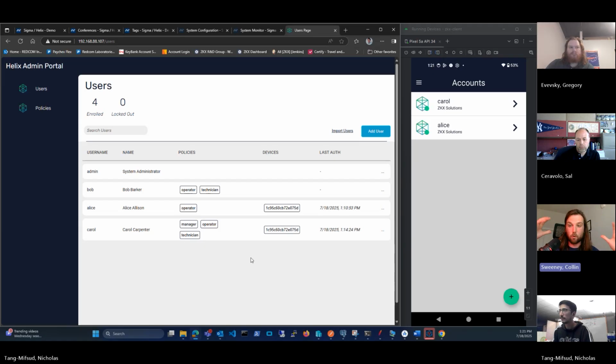If you're familiar with the nuclear football, you need those two titanium keys to really send the go signal. It's the same idea here. It's not just someone being able to guess or parse Carol's password from her. It's also a function of being able to be in physical possession of Carol's device. It's essentially those two cryptographic elements recontextualizing themselves in the zero knowledge proof to prove, yeah, okay, this really is Carol. This is how, at the top of the demo, I mentioned that those man-in-the-middle attacks, those session hijacking schemes,